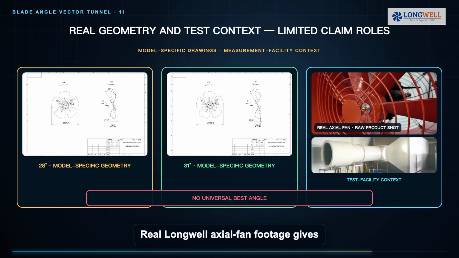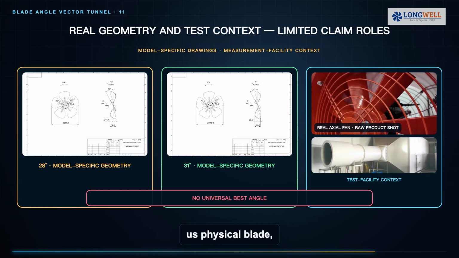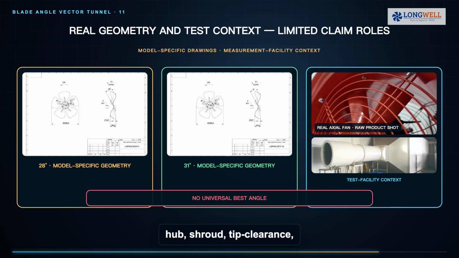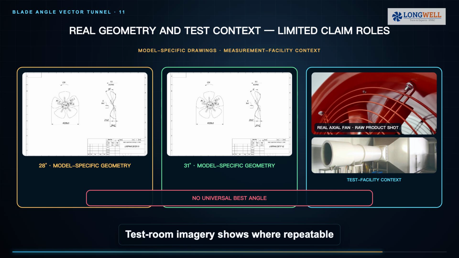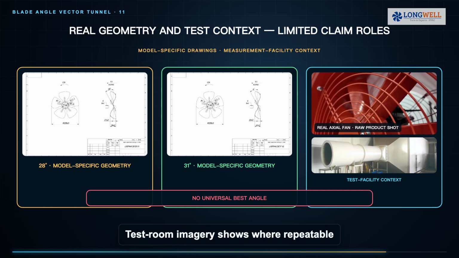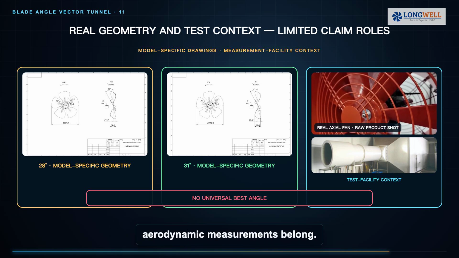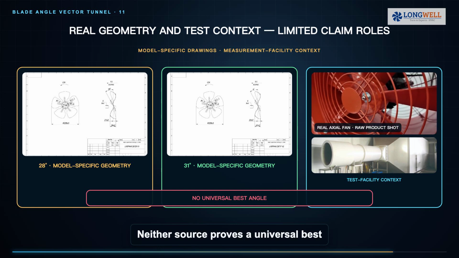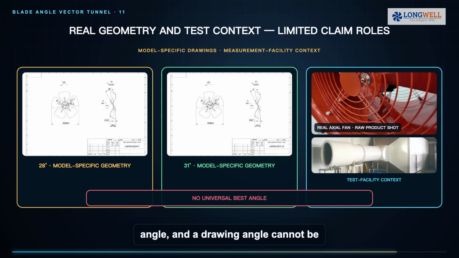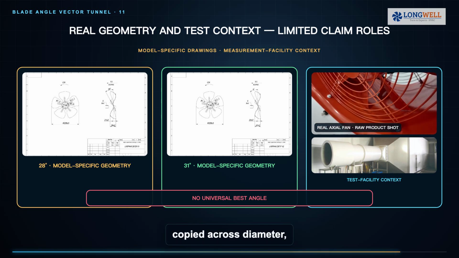Real Longwell axial fan footage gives us physical blade, hub, shroud, tip clearance, and manufacturing context. Test room imagery shows where repeatable aerodynamic measurements belong. Neither source proves a universal best angle, and a drawing angle cannot be copied across diameter, speed, blade section, motor,